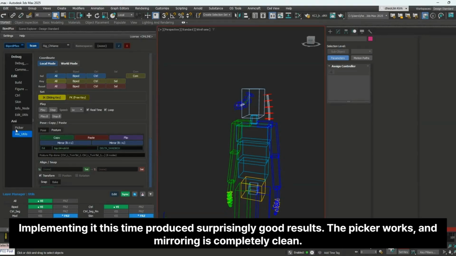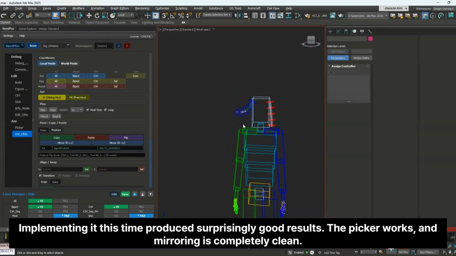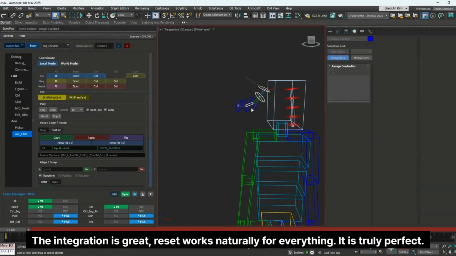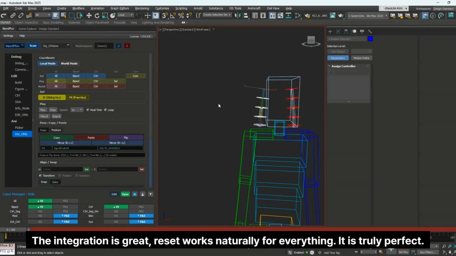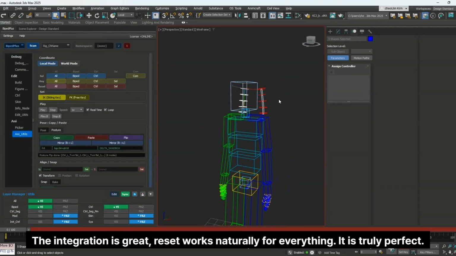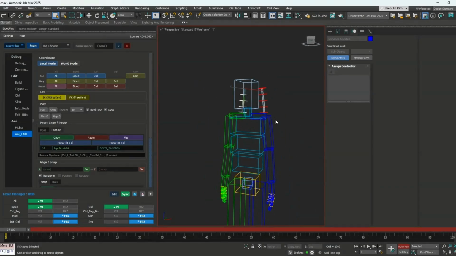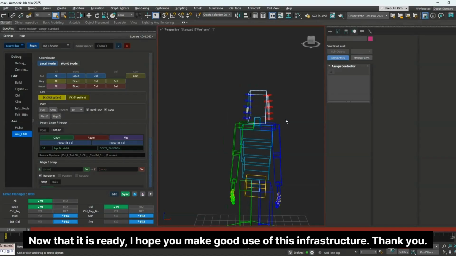The picker works, and mirroring is completely clean. The integration is great, reset works naturally for everything. It is truly perfect. Truly perfect. Now that it is ready, I hope you make good use of this